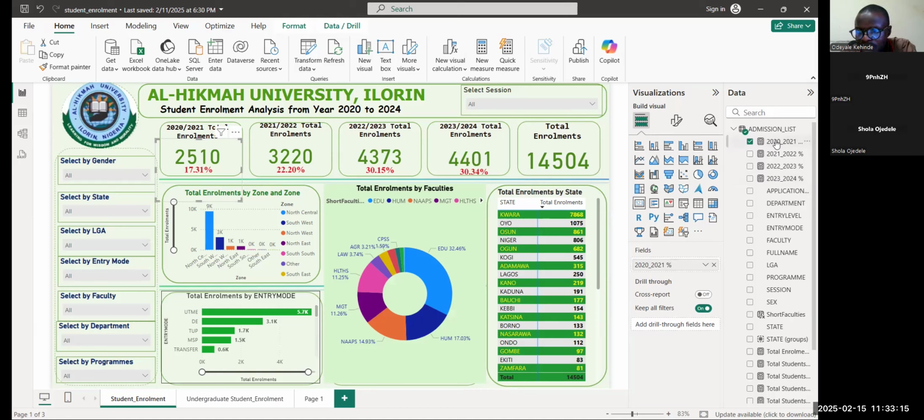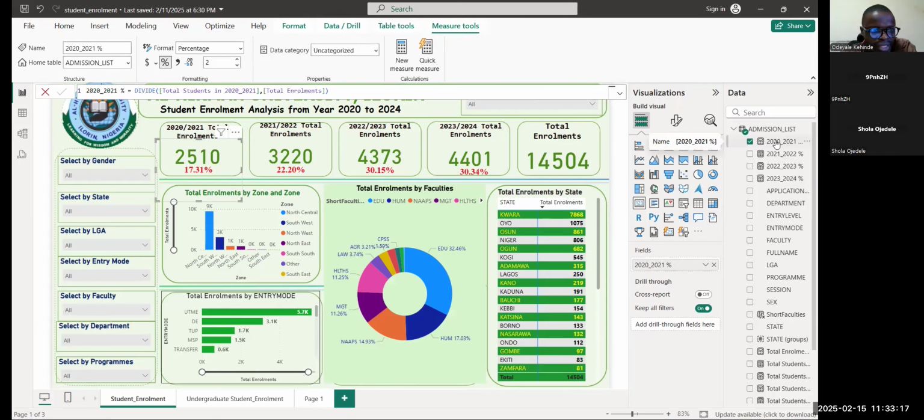If I click on this one, okay, this is a percentage. Even this total enrollment, I used DAX to create it because the columns are not numeric. All the columns are text, so you cannot get an implicit measure. You have to create an explicit measure using DAX. So this total enrollment,